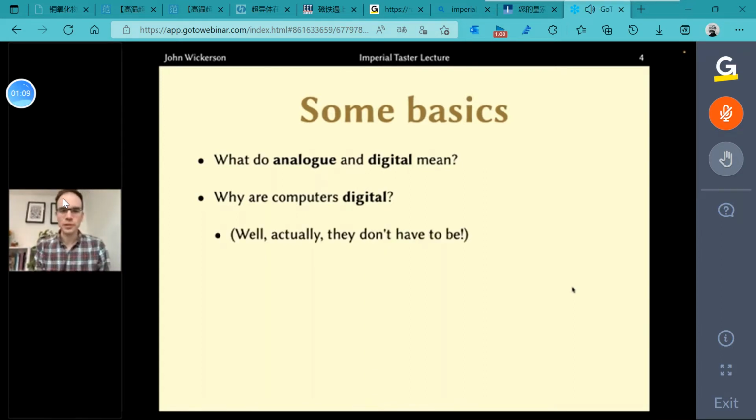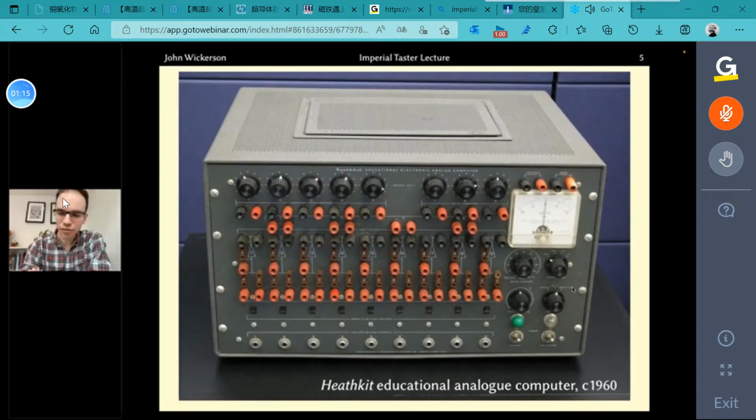They don't actually have to be digital. There are actually some examples of analog computers. And here's a picture of one. It's very old. It's from about 1960. It's called the Heathkit Educational Analog Computer. And what you do with this computer